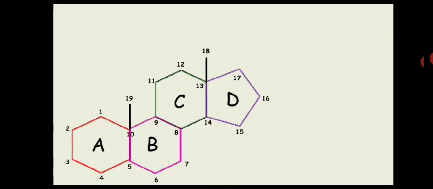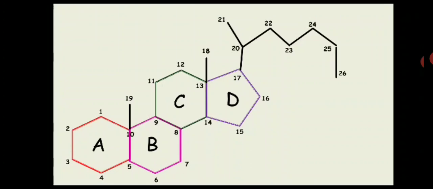Now let's give the 20th number carbon. This 20th carbon starts from the 17th carbon like this. From 20 there is a 21st carbon. Now from 20 again the 22nd carbon will be elongated like this. From 22 there is 23, then 24, then 25, and 26. Clear? Now from the 25th, the 27th carbon will also arise like this. We completed the 27 carbons.